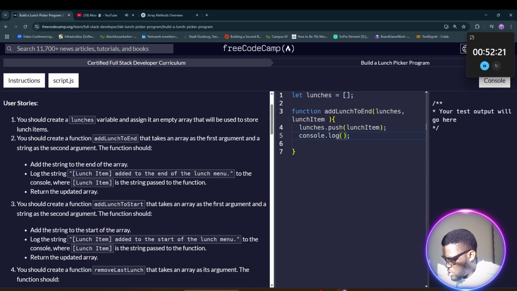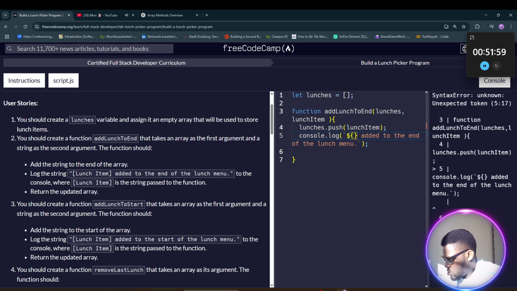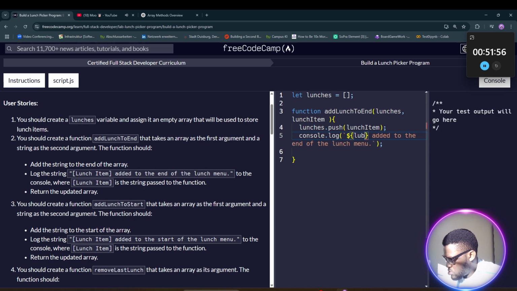I will use a template literal, yeah, and just copy everything. The dollar sign, what is it? lunchItem. So, okay. And the next step,